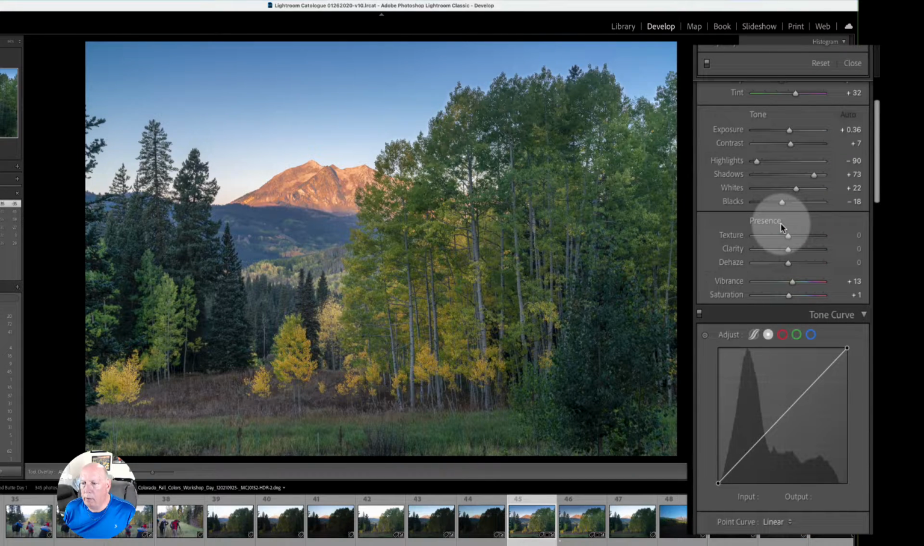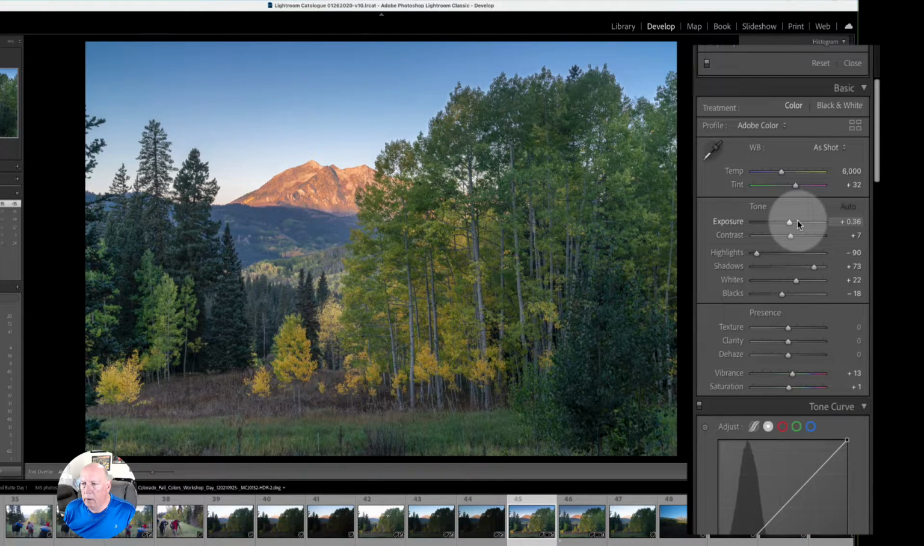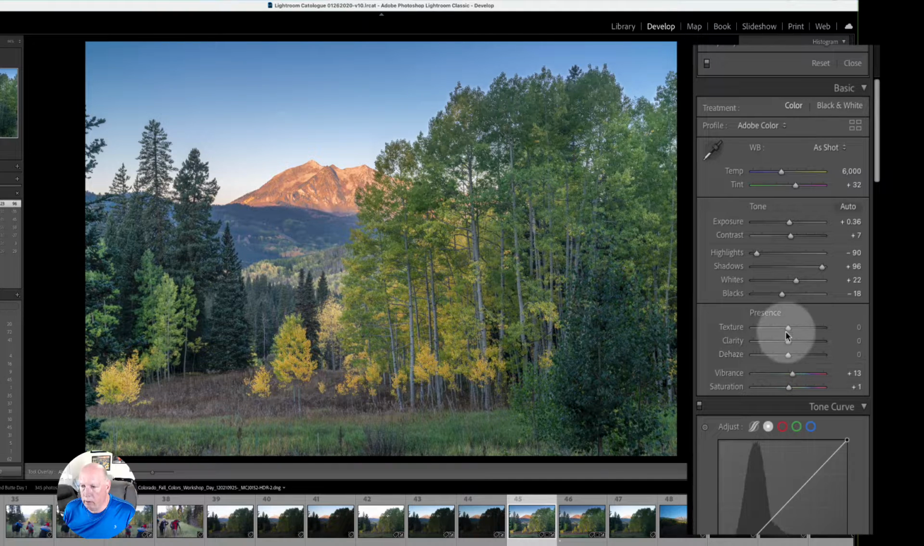Now I go up to the basics console and see if I want to bring up the shadows at all. I think I do. I'm probably going to bring up the texture and the clarity just a titch. That's nice. And dehaze, sometimes that's too much. Just a little bit, probably